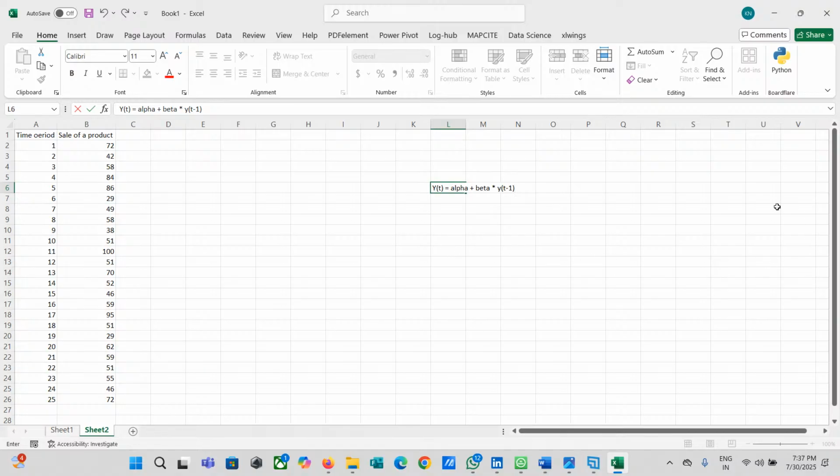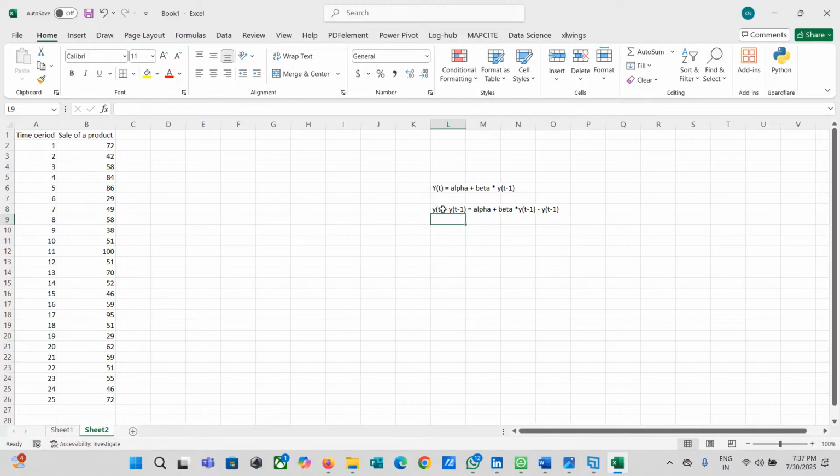Now I'm going to subtract yt minus 1 on both sides. This gives me the equation alpha plus beta into yt minus 1 minus yt minus 1.